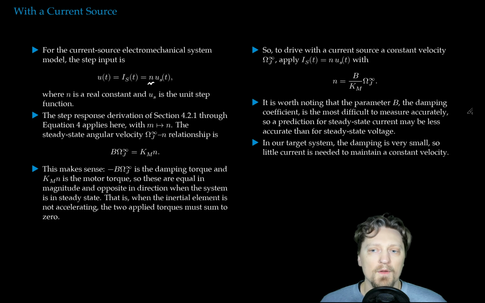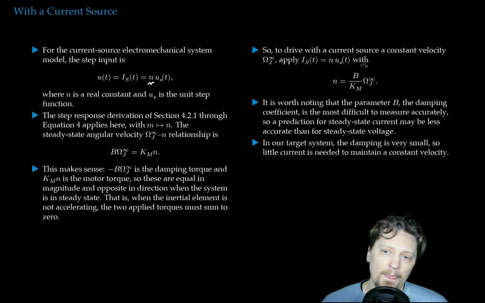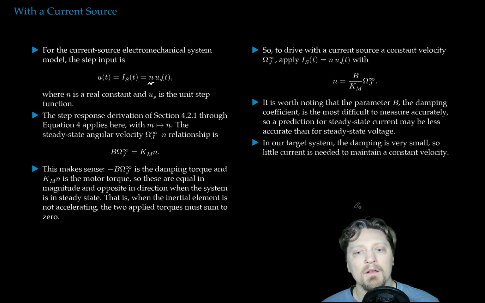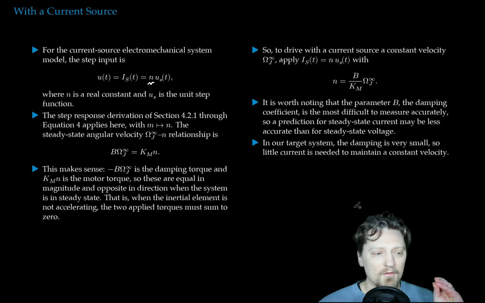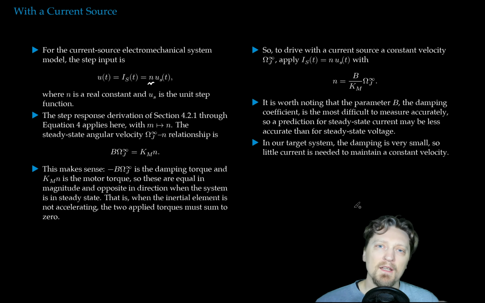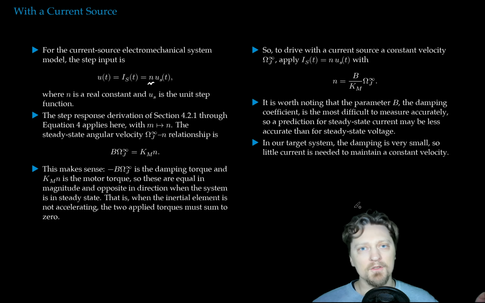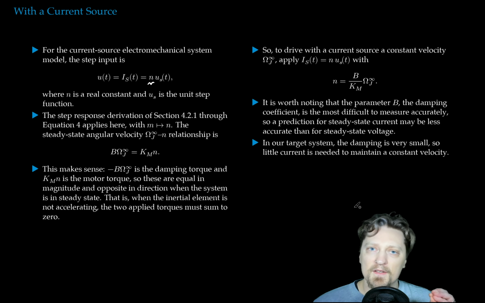So a prediction for the steady state current may be less accurate than for steady state voltage. This is much more sensitive to the value of B than our previous solution was for the voltage source case. In our target system, the damping is very small, so little current is needed to maintain a constant velocity. So all that is to say that when we have an amplifier driving our motor that is well approximated by a voltage source, it is relatively easy to determine which voltage needs to be applied to get a specific angular